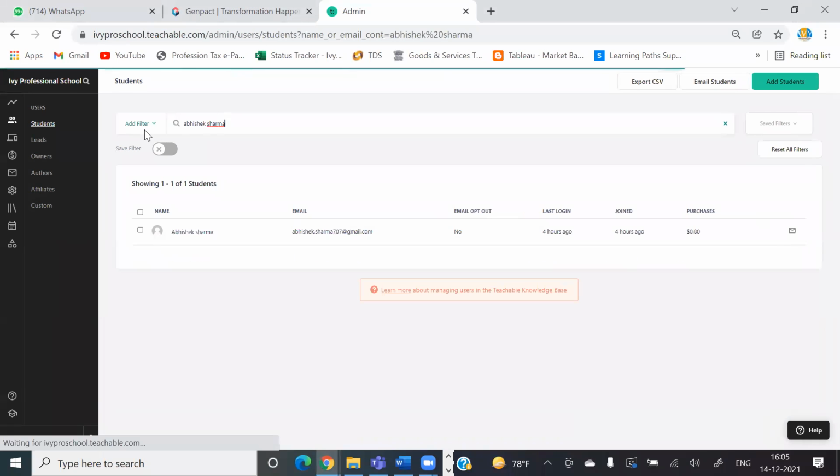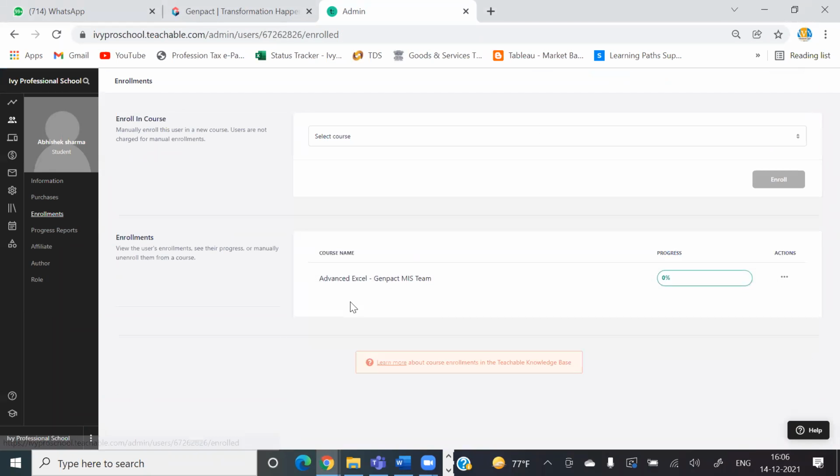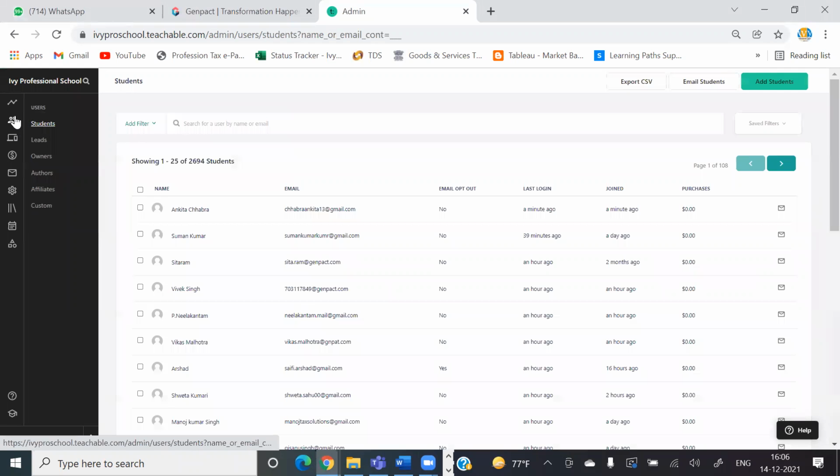Is this you, Abhishek.Sharma707? Yes, it's mine. Oh, it was given 4 hours ago, so definitely you have access. And Arshad, please check for me as well. Tanu, I gave it to you. Girish here, I have access but I'm unable to unlock. Don't worry. Thank you, Ishani. All right.